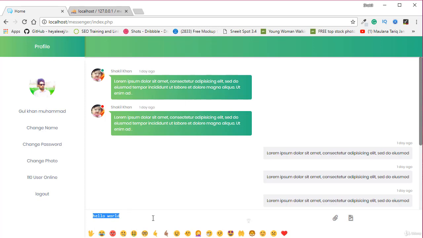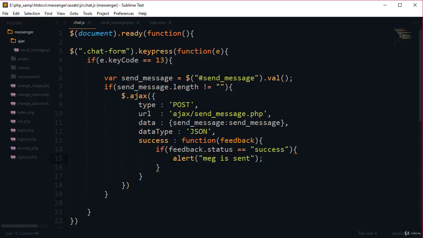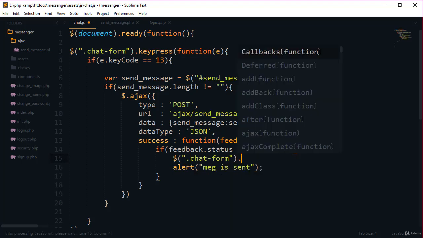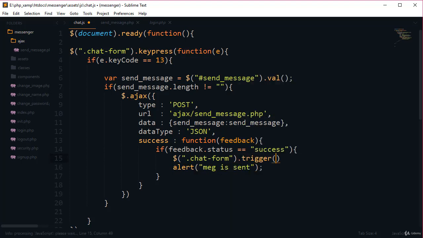So now we need to reset the form. So how we can do that? It's very simple. Here target the form class, so this is the form class. So here target dot, and here add trigger. Basically trigger is a predefined jQuery method. So trigger, what trigger?